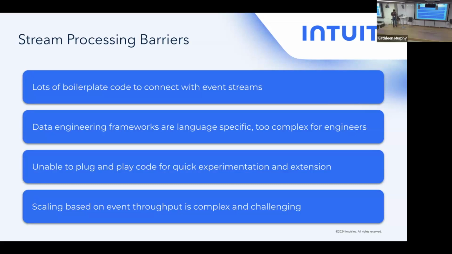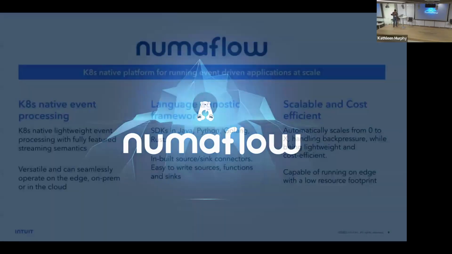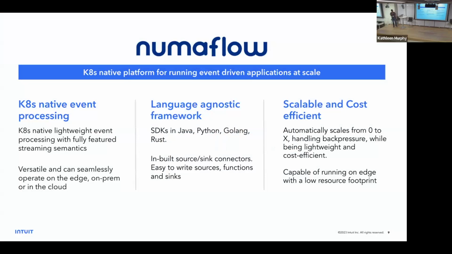So packaging all of these different pain points, right from developers to ML engineers to data engineers, we worked on a platform called NumaFlow. It's an open source project. We'll share a quick link for that. So let's dive deeper into what NumaFlow is. NumaFlow is basically a Kubernetes native platform for doing event processing at scale, or you can develop any kind of event-driven applications. When we say Kubernetes native, we use a lot of Kubernetes constructs in order to do the data movement and all of that as a platform.